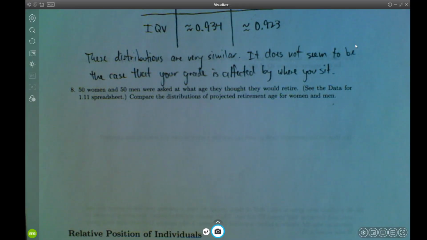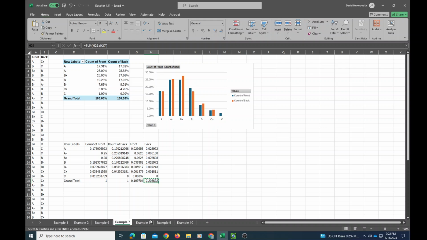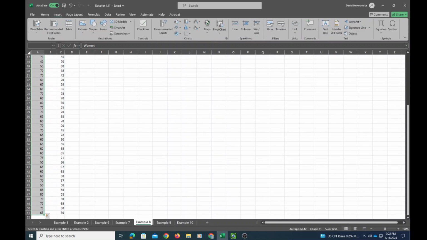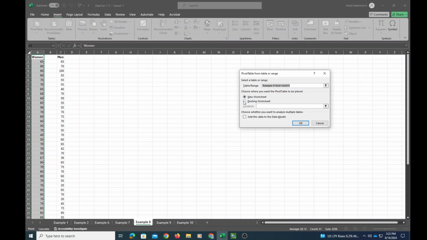Okay, let's take a look at the data set. So here I've got numerical data for sure. I'm going to need to make some histograms so that I can decide if these data sets are skewed or symmetric. So I'll start off by making a pivot table